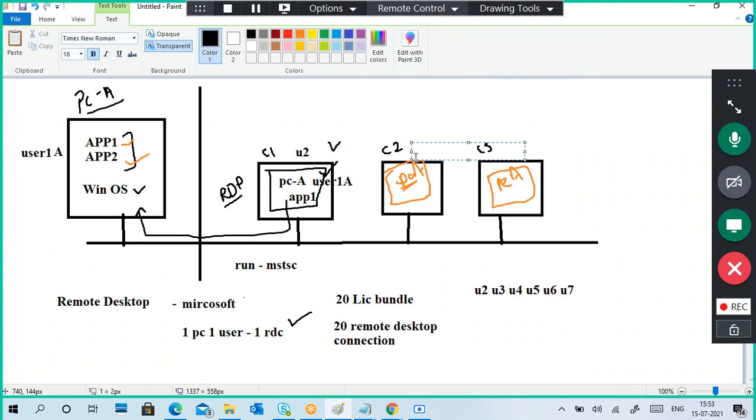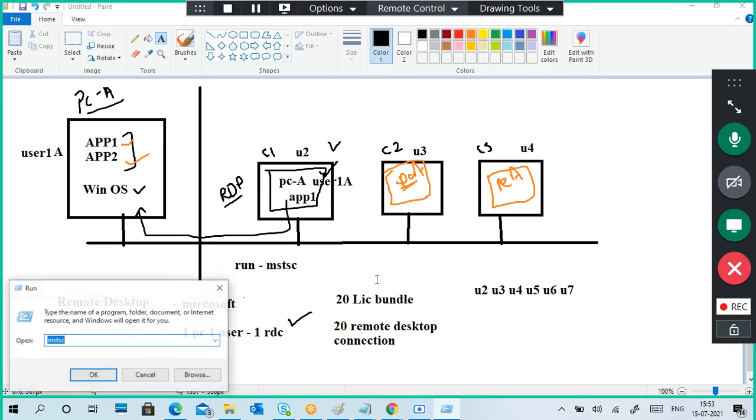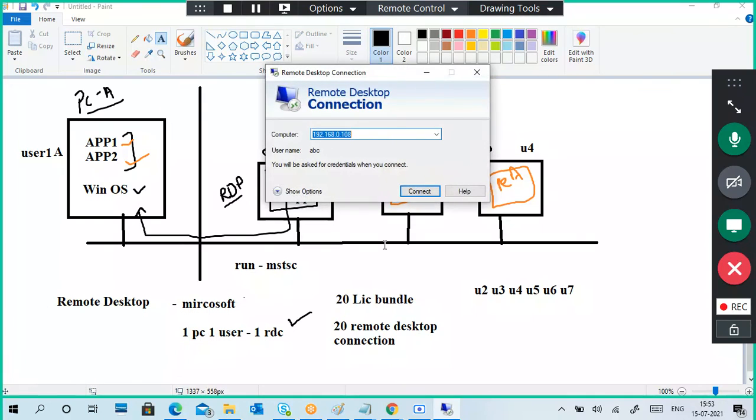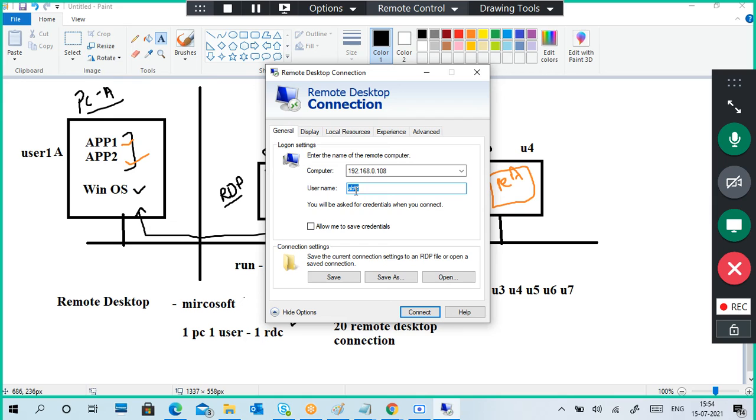Here I want to log in as user 3. Here I want to log in as user 4. Not domain users, these are all remote desktop users. When you are establishing a connection here, you have to put your username like user 1, user 2, like that you have to give.